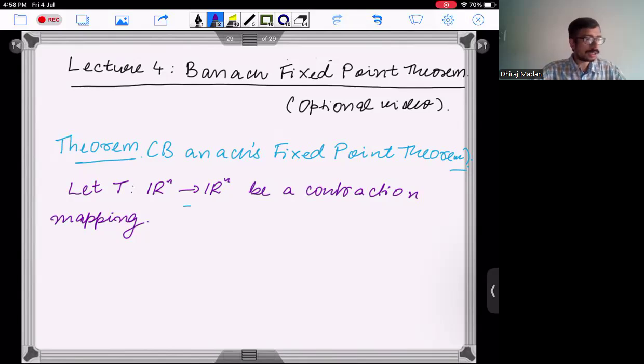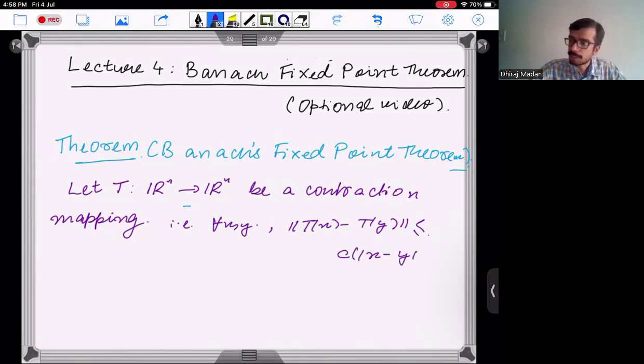It is a contraction mapping, which means that for all x, y, we have the norm of T(x) minus T(y) is less than or equal to c times the norm of x minus y, for some c less than 1. So there exists some c such that this condition is satisfied for all x and y. This c should not depend on x and y, right? It's a constant. Then